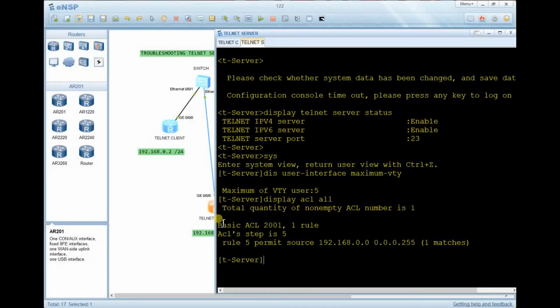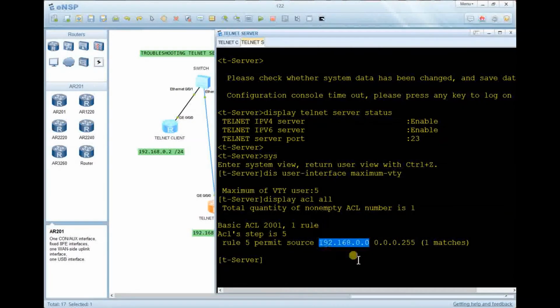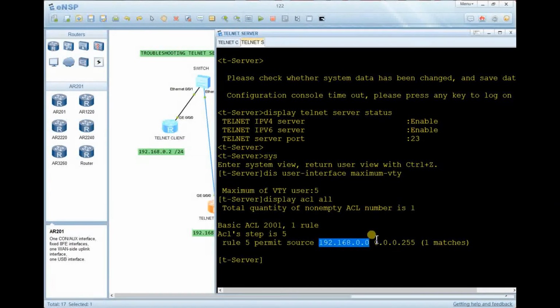This command shows there is a basic access control list 2001 that permits the source IP address, the source subnet. This is the source subnet which is permitted, and this is the wildcard mask, which shows the maximum number of users that can be permitted in this subnet. So go to the user